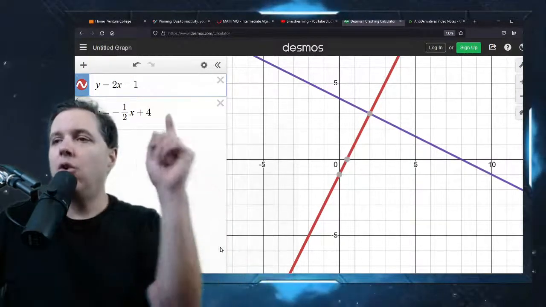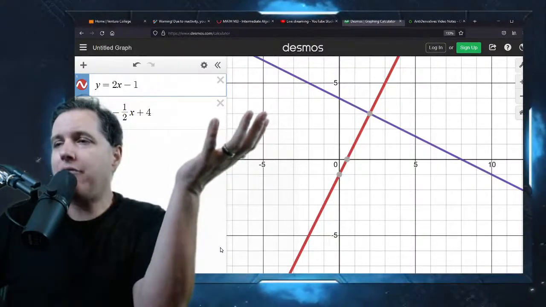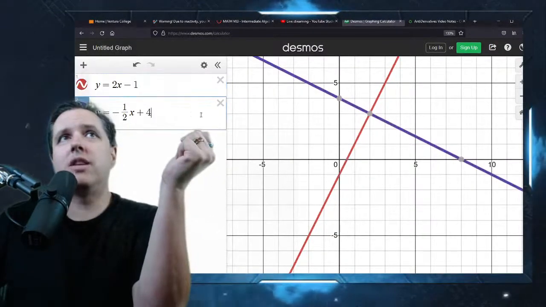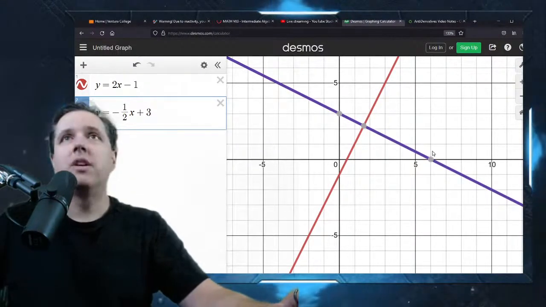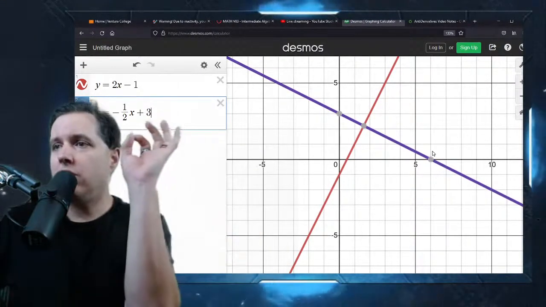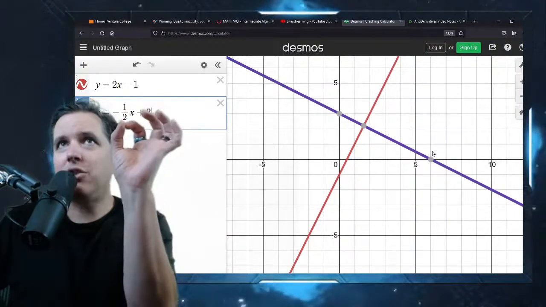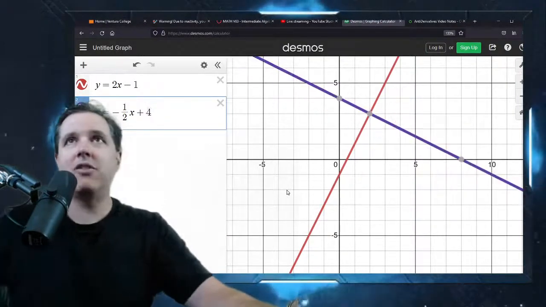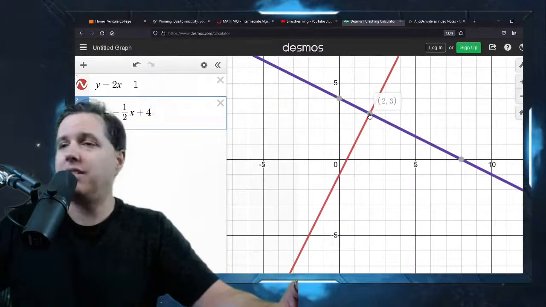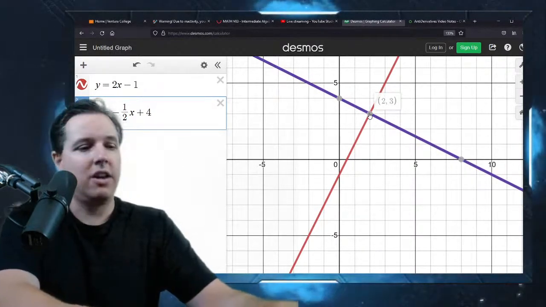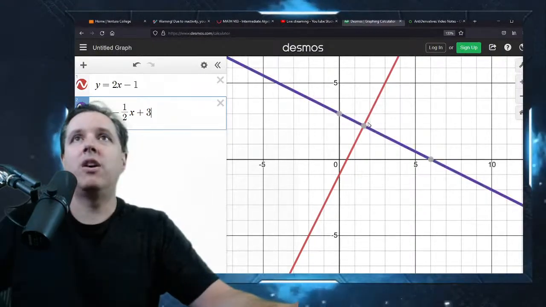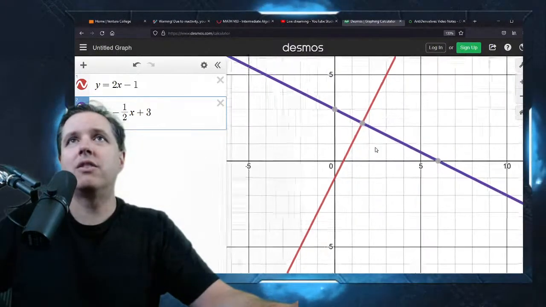Okay. Now, why don't we just use graphing to solve all systems of equations then? And here's why. See the problem? A moment ago, our solution ended up right on a nice grid point when we had it like this. See how the solution's right on a grid point, and it's real easy to see? That's 2, 3. Very easy to see what that solution is. If I change this, what are the values here? It's a little harder to see.